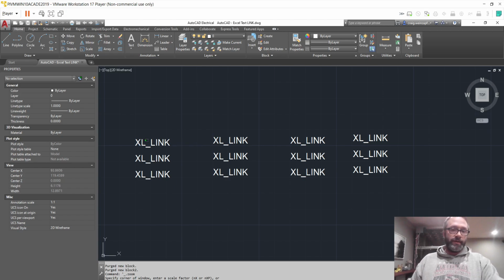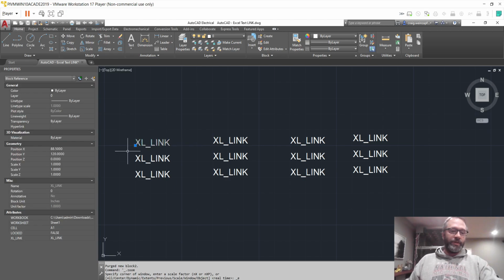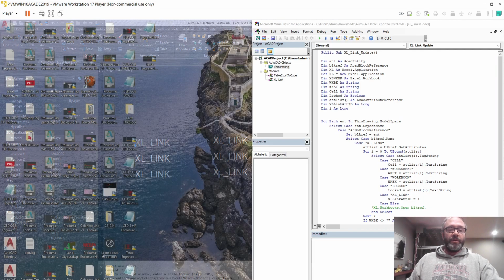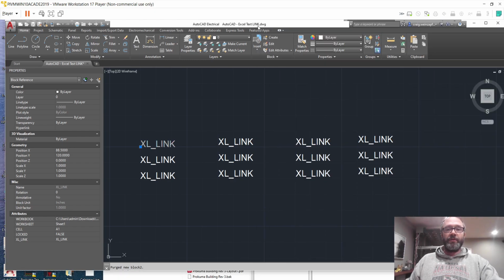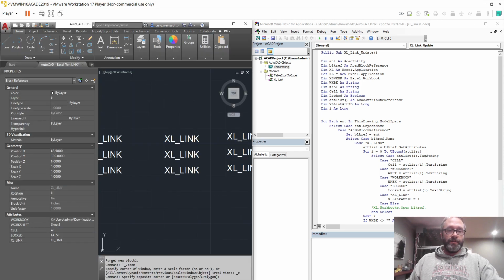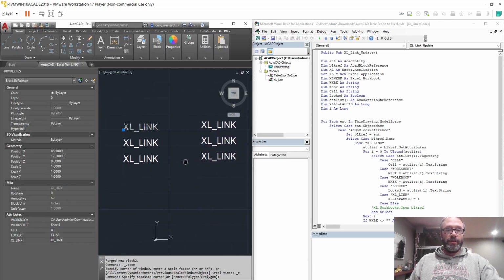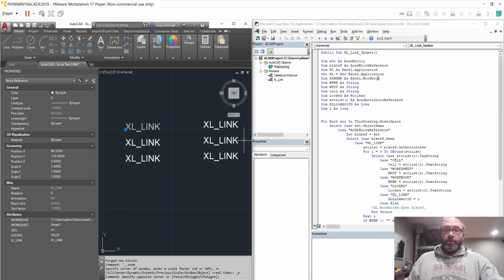So here's our Excel link. These are created the same way. They're just no lines. There's 4 or 5 attribute definitions. It's those there. So once we go and take a look at the VBA code, let me scoot this over here side by side. You'll see what we're doing is